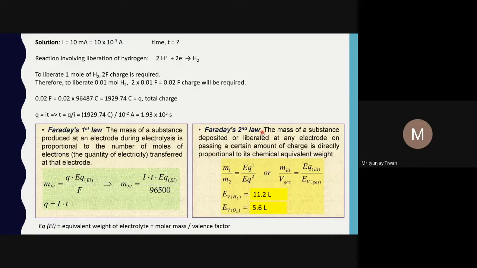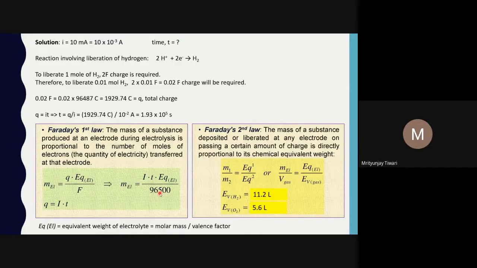And that 1 farad of charge is roughly equal to 96500 coulomb. If you go more precisely, this value is 96487. However, the last 3 digits are debatable, because it depends up to what decimal place you take the electronic charge, so the value may change slightly. So one can consider the approximate value 96,500 coulomb as the net charge on 1 mole of electrons. And the net charge on 1 mole of electrons is also equal to the net charge on 1 equivalent of electrons.